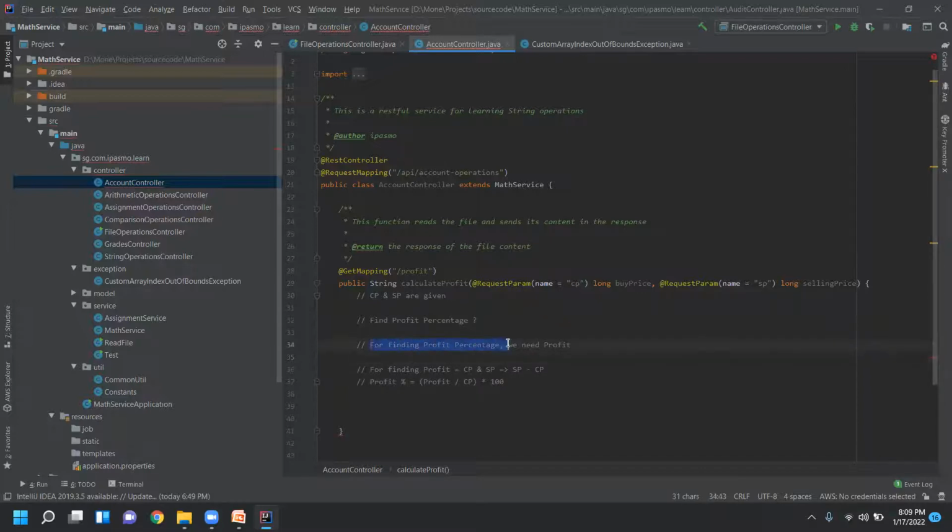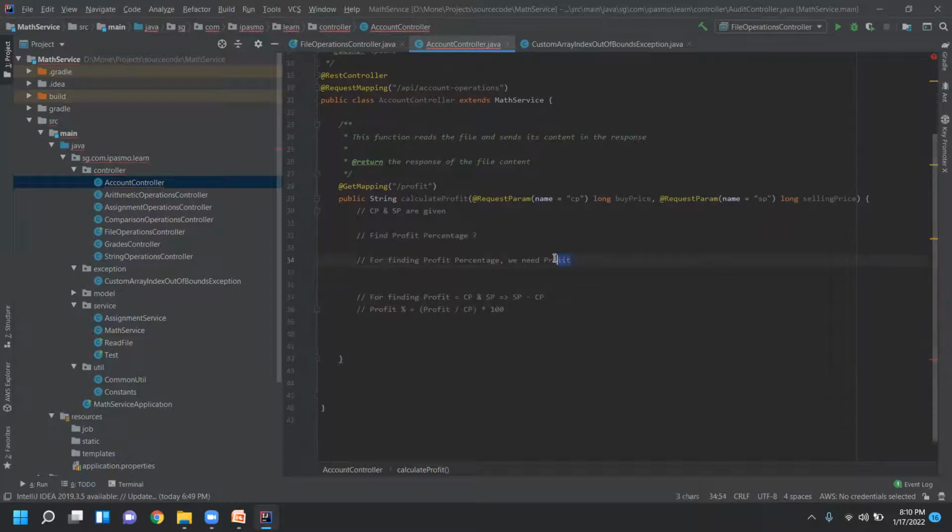For finding the profit percentage, we need the profit. So then we can create a profit variable. Yes, so we need a profit, right? So let us see here. Okay, here what we need is profit, right? Profit will be in